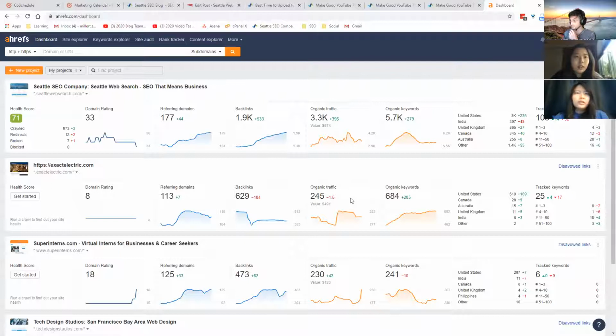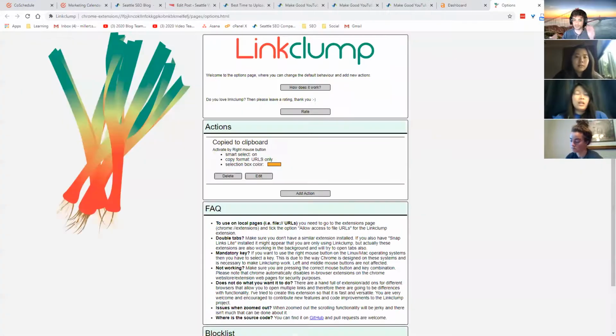Yeah, so I started doing it. The link clump extension that you mentioned to add to Chrome, I might have just not known exactly how to add it, but it's not actually attached to my Chrome. Okay, well,